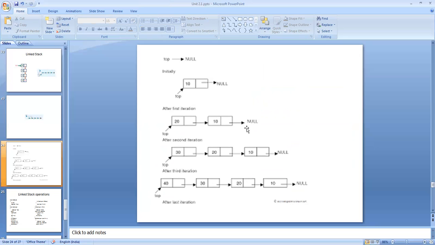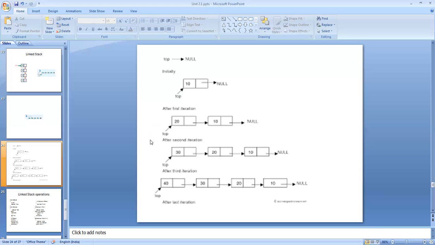This is the case of inserting a node into an existing stack. In the first case, top was pointing null. First we create a dummy node. Then for the data member of the node, we get the value 10. Then we set this one as null, because this is the only node in the stack now, so it doesn't have to point anything else, so the pointer member is made null. Since it is the only node and the topmost node, top is pointing to this node.